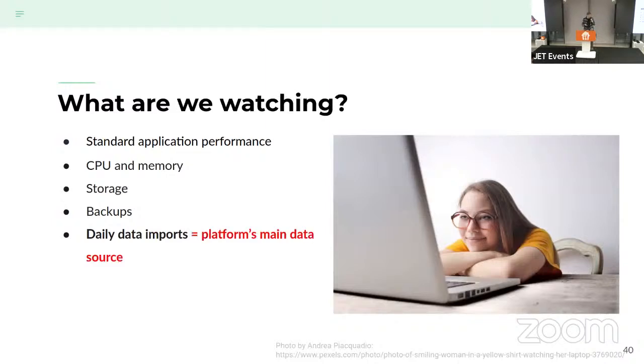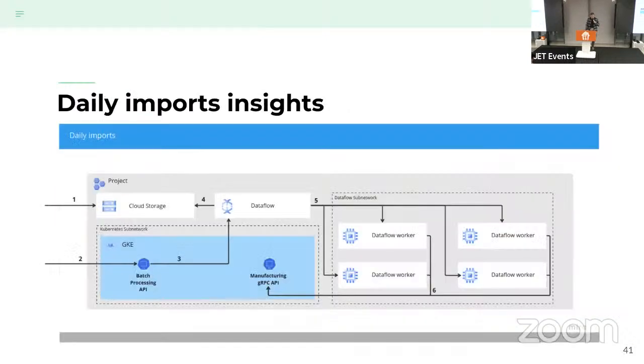And what is that? Daily data imports is basically the main source for the digital twin. So this is the list of the assets being put on the production line in the future. You remember when I talked about mirroring physical attributes and lifecycle and so on? So this is exactly it. And a small explanation of how we ingest this data.